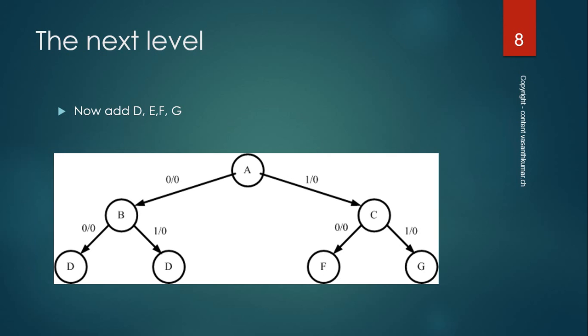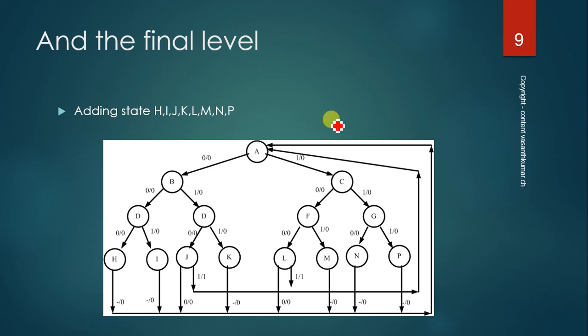Okay, after this you add the rest of the combinations, that is adding B, adding D, adding F, adding G and so on. Like this you add all possible combinations. Which state is giving a reset, you have to look. First thing is we have to start with H. H is giving one reset to A. I is giving reset to A. J is giving 2 resets to A. K is giving 1 reset to A. L is giving 2 resets. M is giving 1. N and P are also giving 1 individual reset each to A.